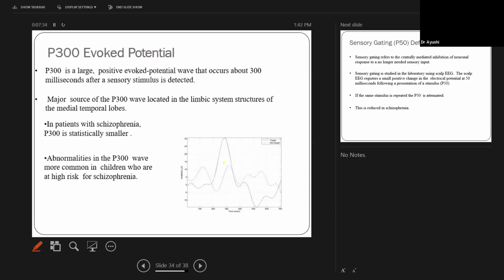Remote potential की short. ओके। हाँ, ये P300 पे आ सकता है।